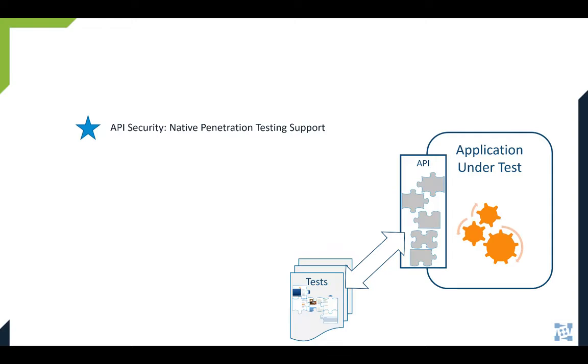So in addition to being able to shift left some automated API security penetration testing, you can also add a test to your test suite to validate an OpenAPI Swagger definition. And I can show you why that's helpful in a minute. And not only that, we've enhanced the reporting with some changes that I will demonstrate later.